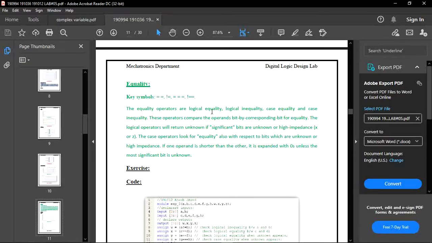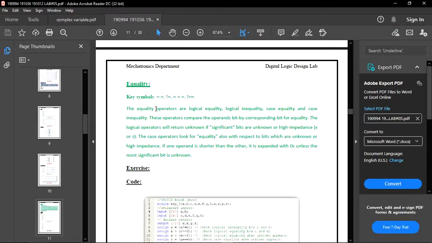These operators compare the operands bit by corresponding bit for equality. The logical operators will return unknown if significant bits are unknown or high impedance. High impedance means X and Z. So these variables represent our high impedance. The case operators look for equality also with respect to bits which are unknown or high impedance. If one operand is shorter than the other, it is expanded with 0 unless the most significant bit is unknown.